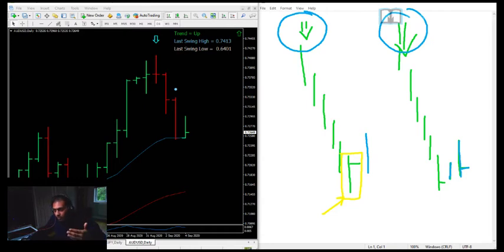Then we continue to progress this forward. As the phase continues to form, you're going to see continuation moves occurring here and to the upside. This is going to continue to happen. You're going to see continuation moves continuing to form, continuing on to the upside, and that's going to continue to happen.